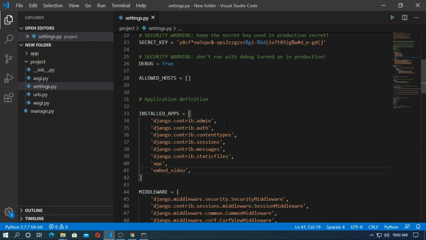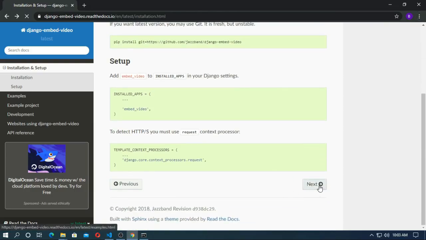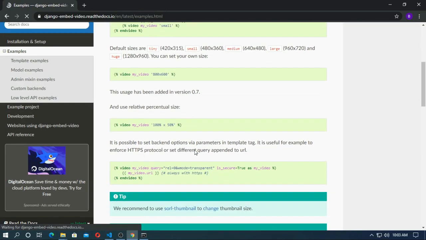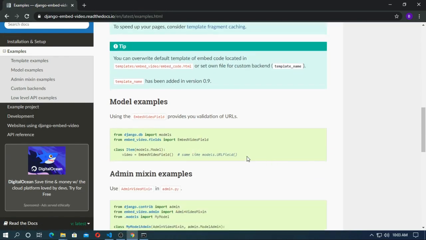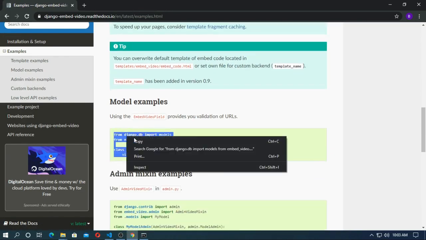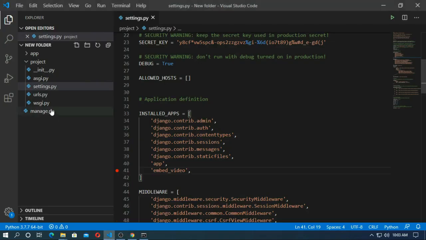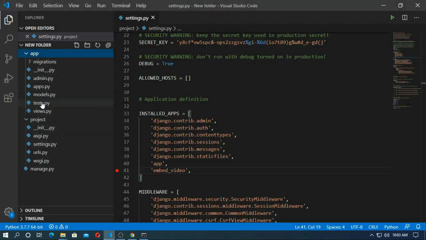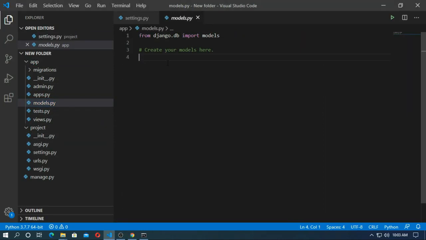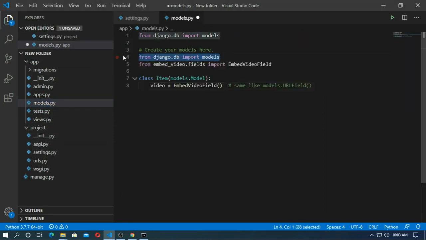Save it. Go to next and copy the model. Copy it and go to the models of the app and paste it here. Save it.